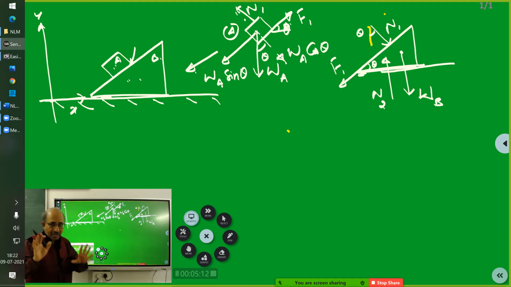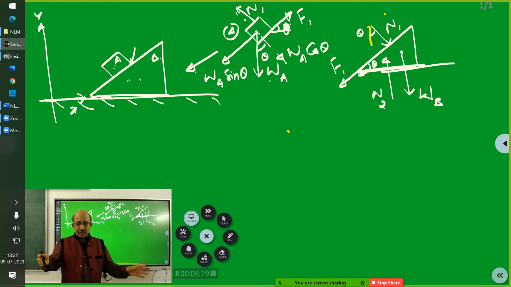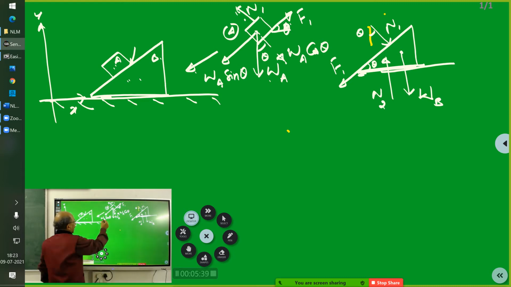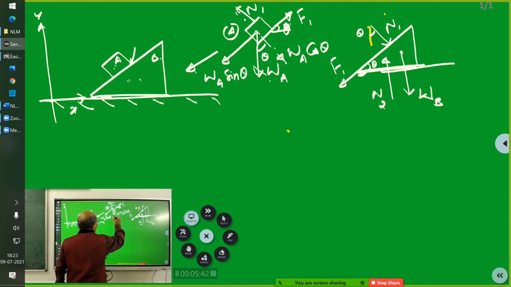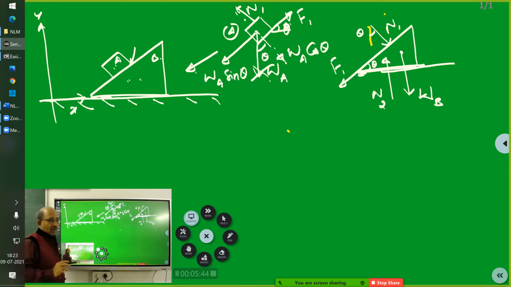Now you see, don't memorize this. What I have done here is resolve this WA into two components. Understand? Say I had a 50 rupee note, and I divide that 50 rupee note into a 20 rupee note and a 30 rupee note. Of course, there is no 30 rupee note, assume that. I give you 50, and you give me 20 and 30. Same way, once I have resolved this into these two components, the original one will not be there. Don't have any confusion.